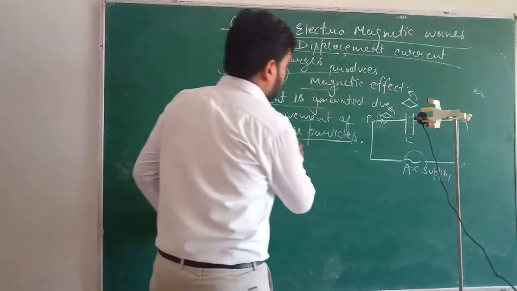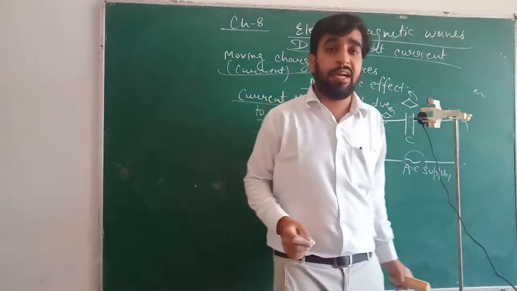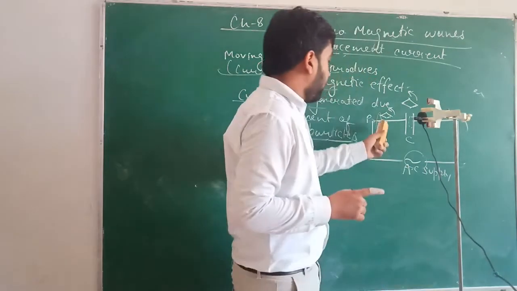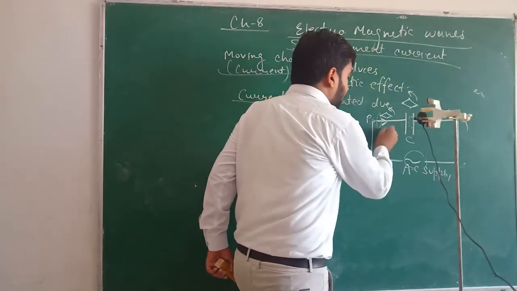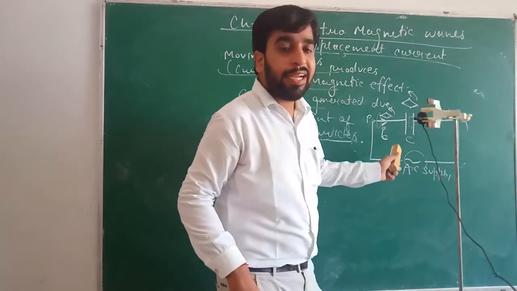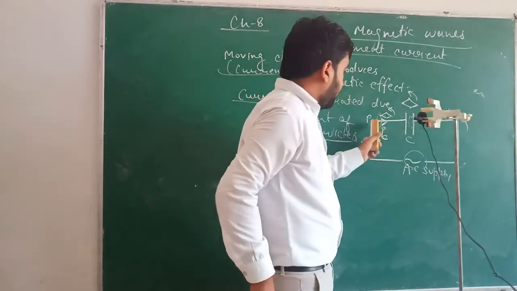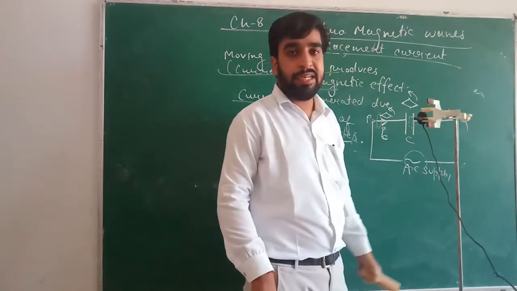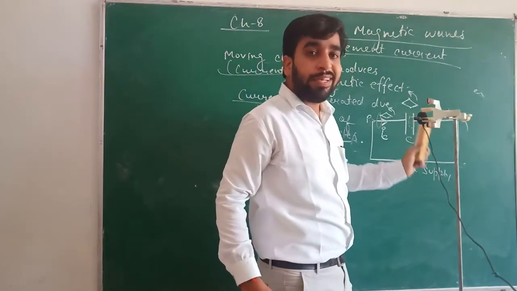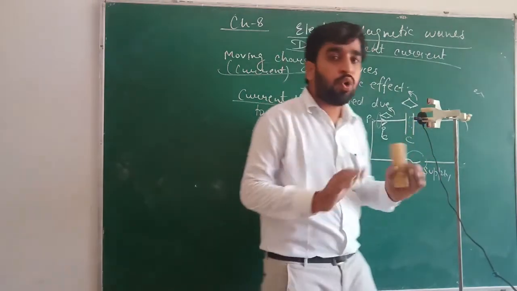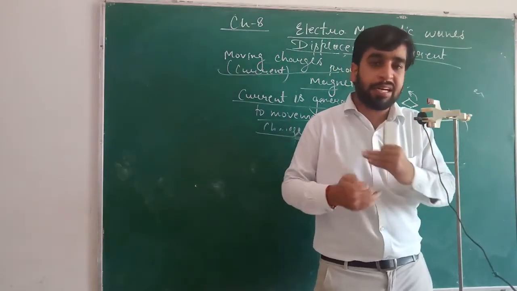So we are going to study this, and this current, whatever the current which is present here, is doing the same job that was done by the current present here. Because the current present here in the circuit is due to conduction, so I am writing it IC. Because this current is due to movement of charged particles. Here is the movement of charged particles, so current is present. But here, if the magnetic needle is showing the deflection, then current is present, but that current is not generated due to the conventional method, by the movement of charged particles or by conduction.